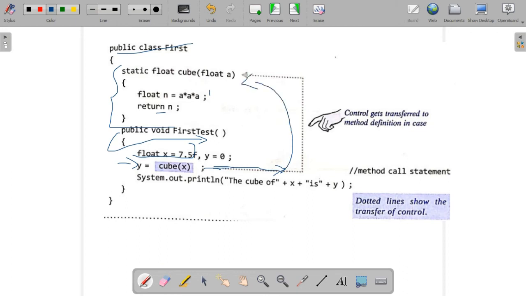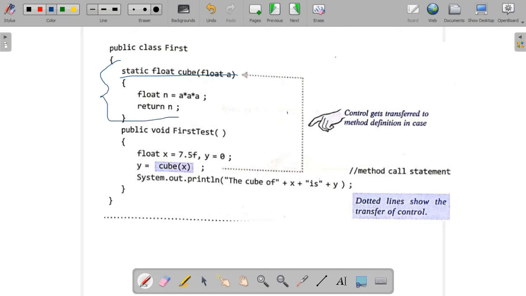The return value is stored in the variable y. So this is the function calling statement, the function definition, and the function prototype. The function prototype or declaration together with the body is known as the function definition, and this is known as the function calling statement.